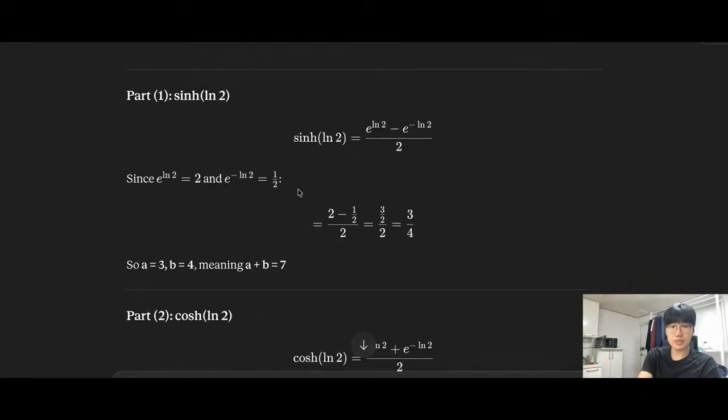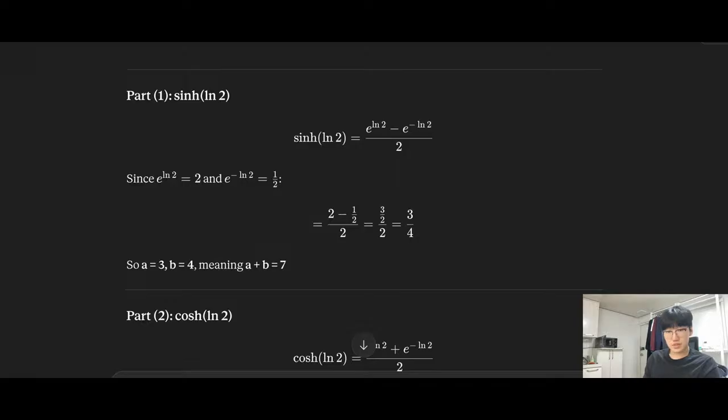So part 1, sinh(ln 2). So sinh(ln 2) equals e to the power of ln 2 minus e to the power of negative ln 2, over 2,